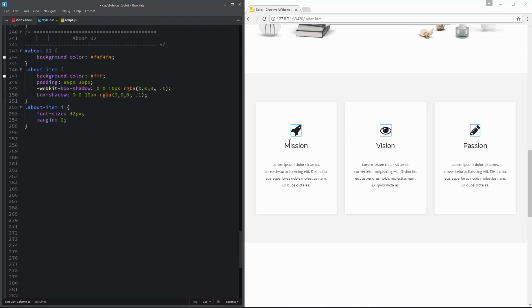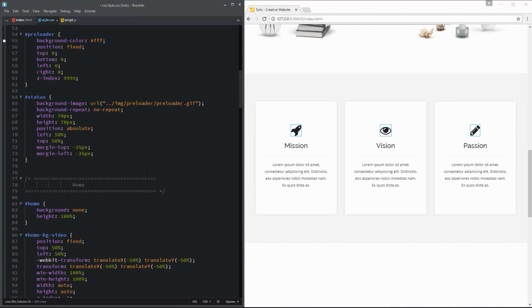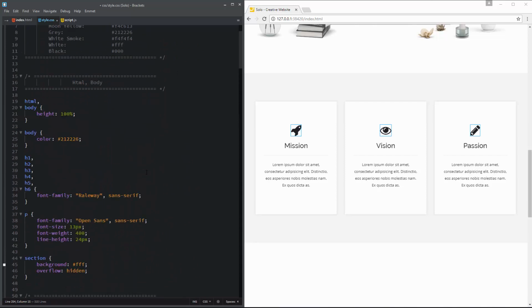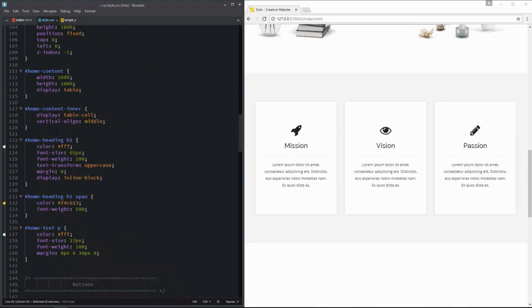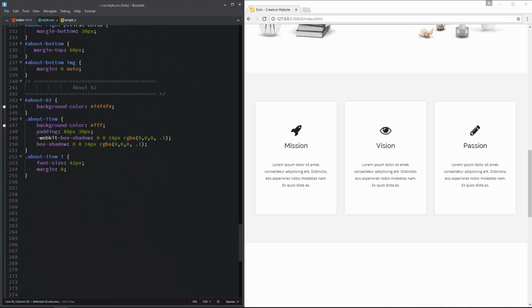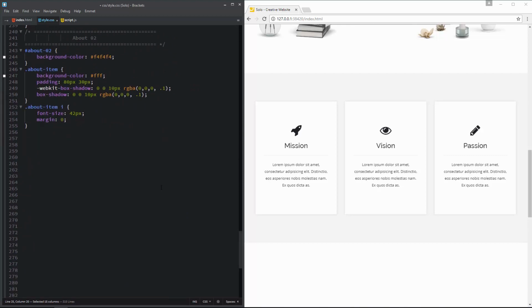It will make sure that there is no outside space for these icons. If you notice, the color of these icons, headings and paragraphs is already gray, and this is because of the body color. If you remember, we have set a gray color for the body element, let me show you again. As you can see, we have set a gray color for the body element, and it is automatically applied to all the elements which come inside the body element. Okay, now we have the icon styles in place.